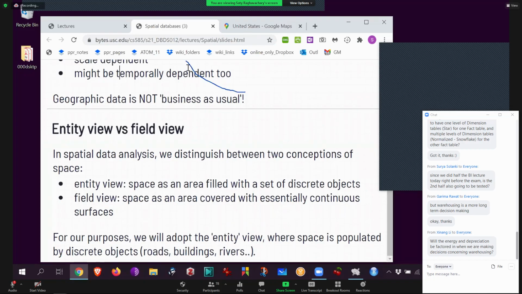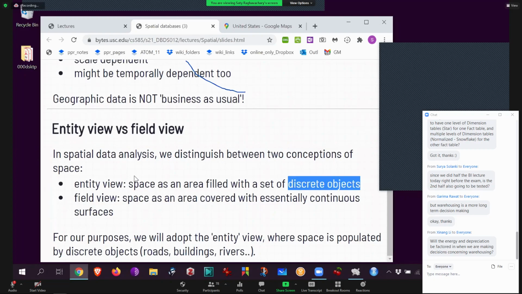So if I told you the analytical equation for the curve, then I can add it piece by piece by piece. But that is not what spatial data is all about. Spatial data uses a different view of space called entity view, where we don't care that the world is continuous. We just care where my school is and where my home is and where my store is. So points, lines, and polygons. If you look at space like that as being made up of discrete entities, then we call it entity view.